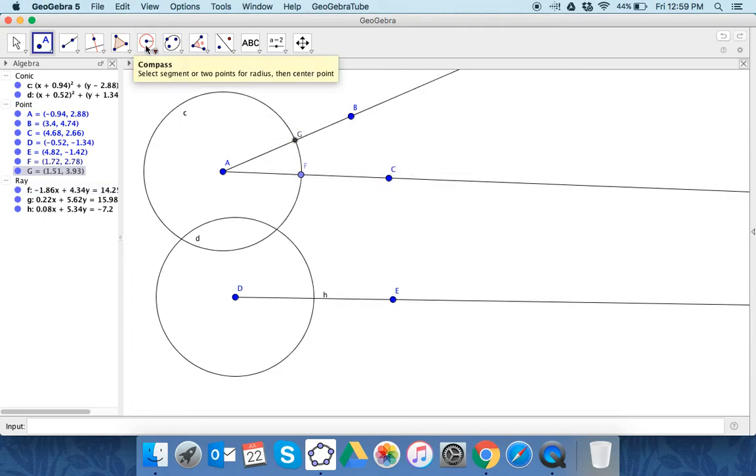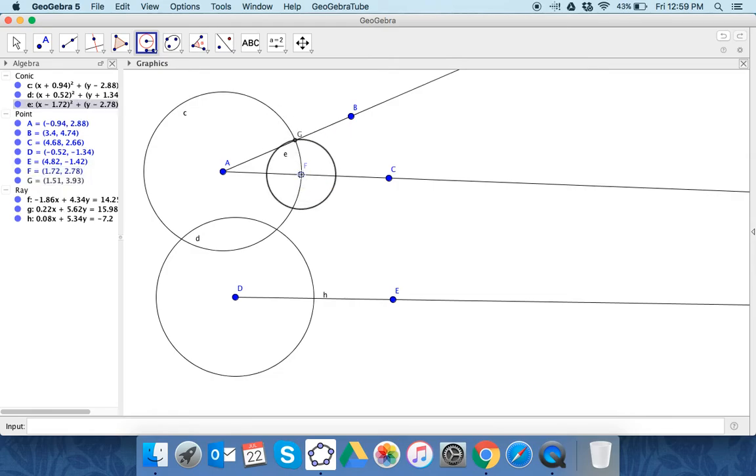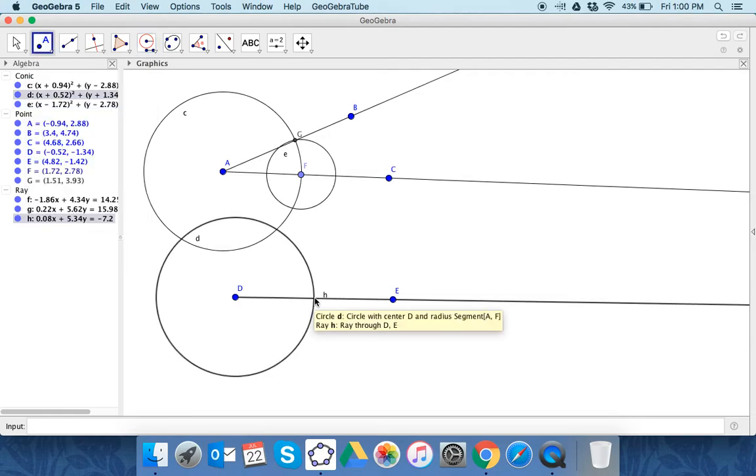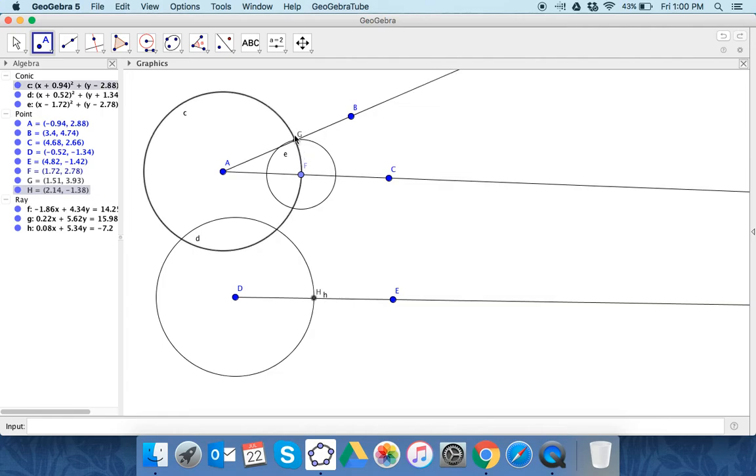So remember now I want to make a circle of radius FG. So I come back to my compass tool, and remember my radius is going to be FG, and in this case my center will be at F. So there's that. I want to create the same thing down here. Remember, AF would be the same distance as D, whatever that is. So I better make a point there. And I want to recreate this circle at point H. So again, I come back to my compass tool,